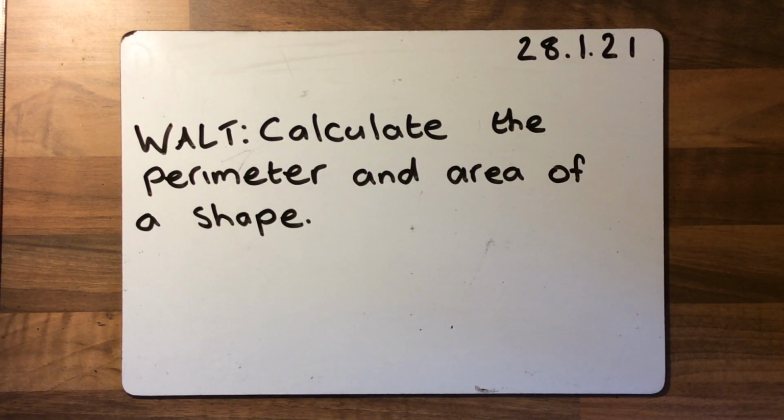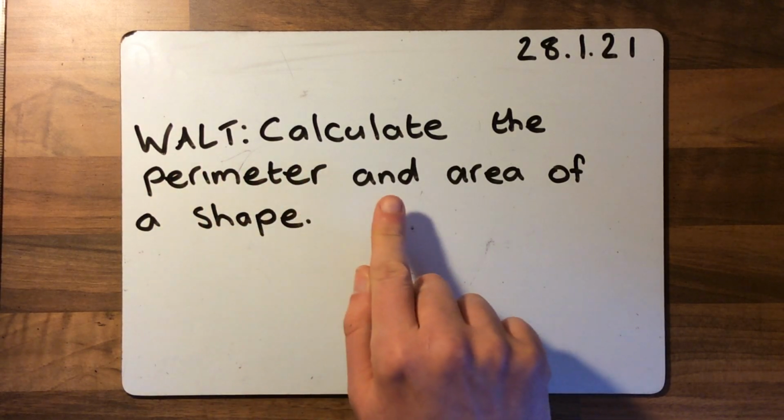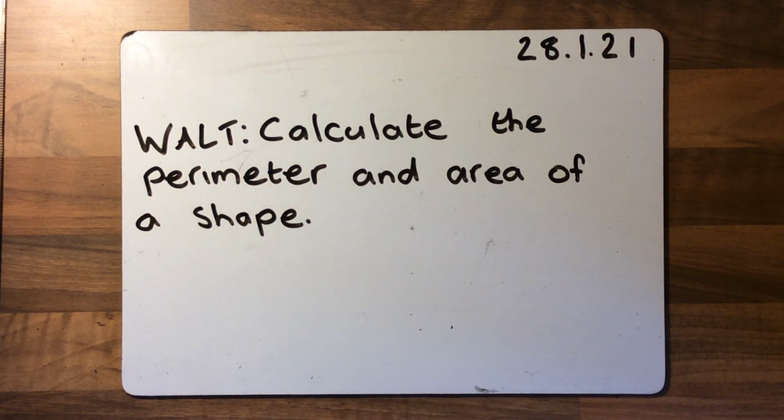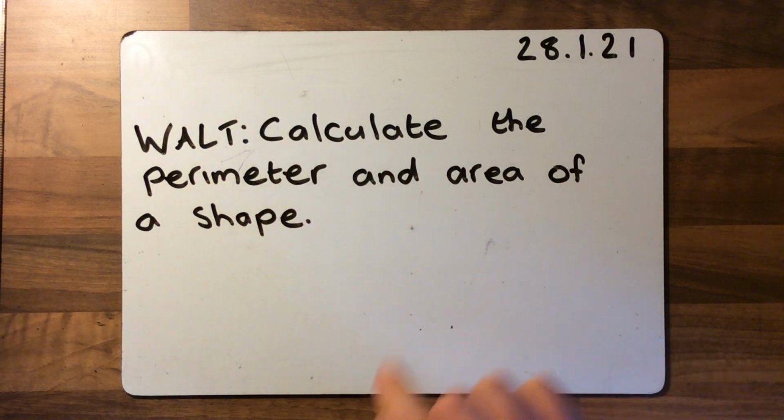Alright, Year 6, it's time for your maths lesson today, and we are learning to calculate the perimeter and area of a shape. So it is a consolidation of what we've been doing over the last week or so, looking at perimeter and looking at area. And today we're going to find both the perimeter and the area of a shape. Okay, so we will look at some different shapes, and in each shape we'll find the perimeter and the area